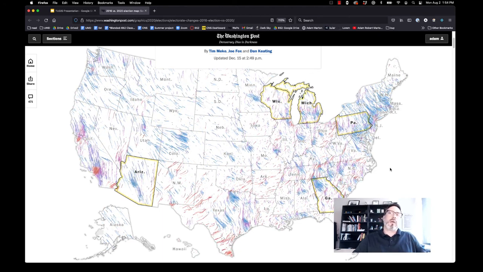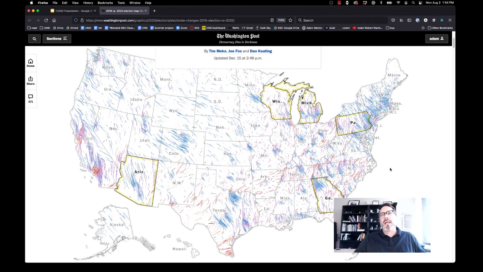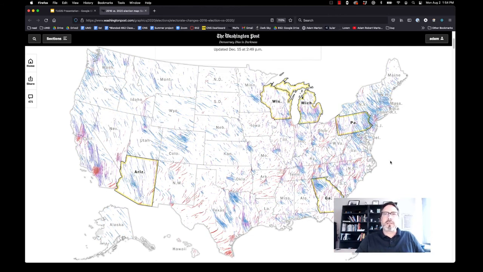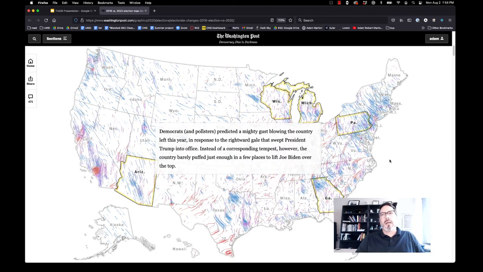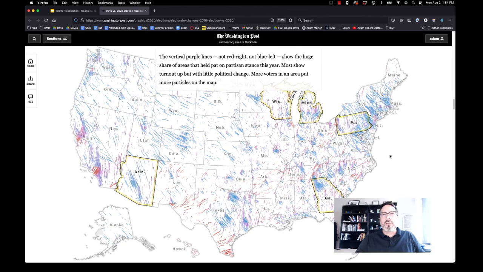Things are either going left, right? So they're going towards the left political spectrum, or they're headed right towards the right of the political spectrum. And just really beautifully done mapping work and design work here. And if we scroll down a little bit, we'll see